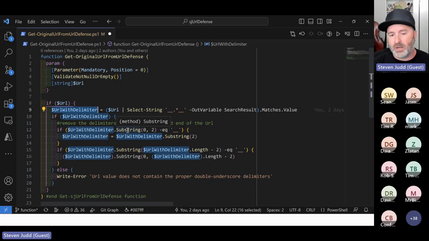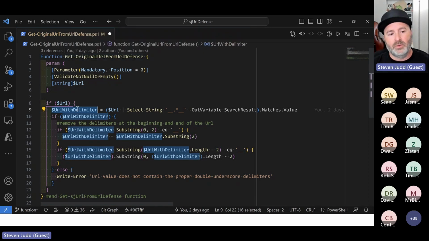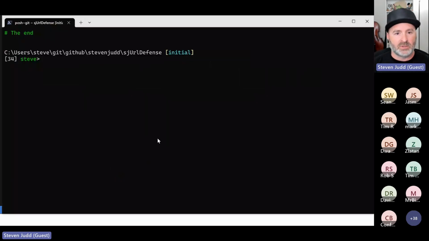And if you're running it in a console, they're going to show up again. When you run these in a function, they go into a function scope. So now the URL with delimiter function cannot pollute my scope with other variables. I feel like I'm not explaining this very well, so let me see if I can do a quick demonstration.